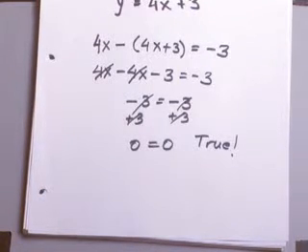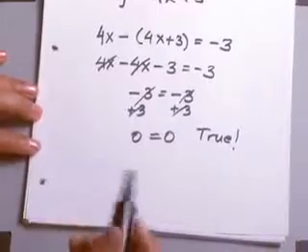So if you remember when we did this graphically, we said when this happens, that means that the system has an infinite number of solutions. They're both the same line, they overlap, and all the ordered pairs corresponding to points that lie on the graph are solutions to your system here. So basically we will say